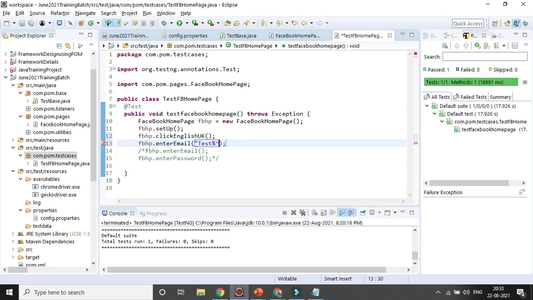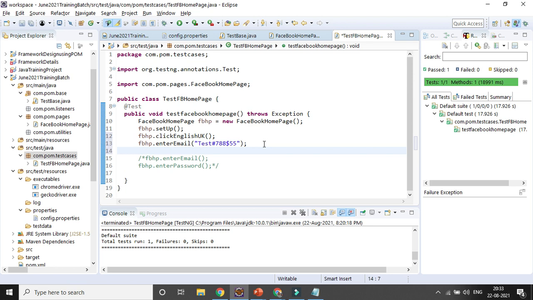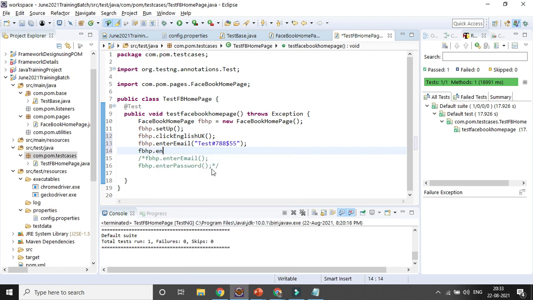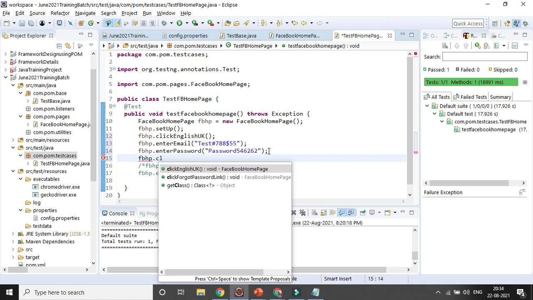Instead of hard coding, I can give it here. Okay, then I can give enter password, anything I can give. Then I can use click forgot password.